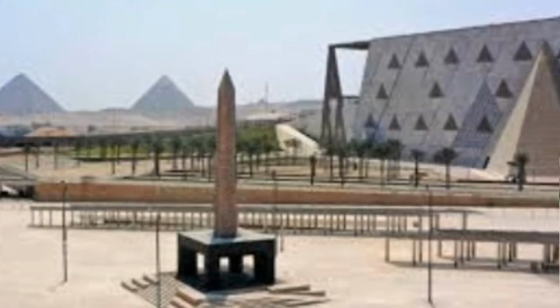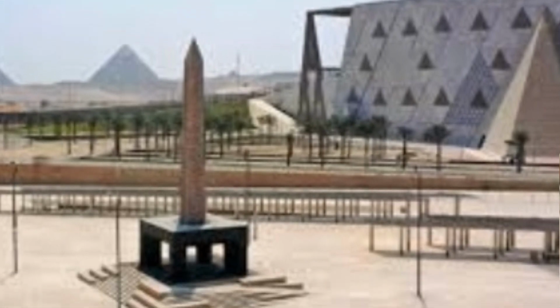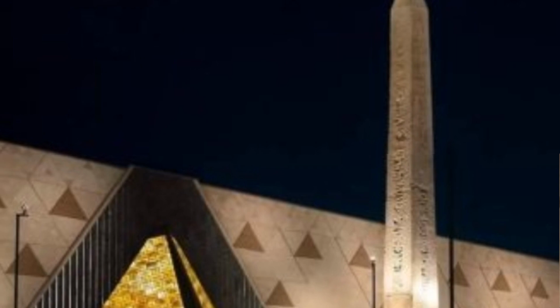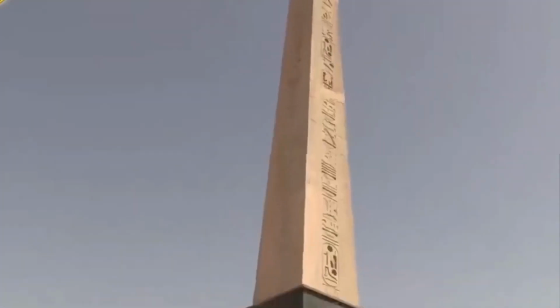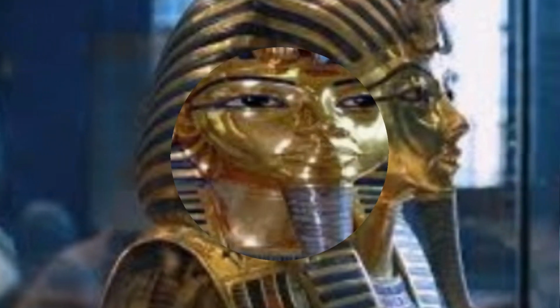The story of the Hanging Obelisk, which is the first hanging obelisk in the world. In the Grand Egyptian Museum, pictures of the seal cartouche of King Ramses II, which appears for the first time in 3,500 years. The obelisk was brought from the San al-Hajar area in several parts, and he saw that at the bottom of the body of the obelisk was a cartouche of King Ramses II, and he began to think and hold discussion meetings with the archaeologists and scholars of the museum, where he suggested that the cartouche appear, and indeed he kept designing so that visitors could see the cartouche, which remained inside the obelisk for 3,500 years, and the